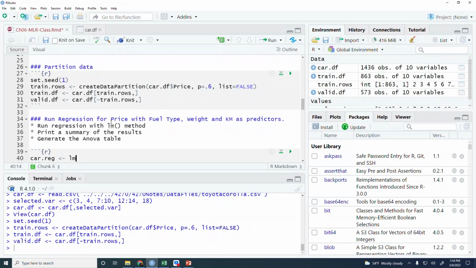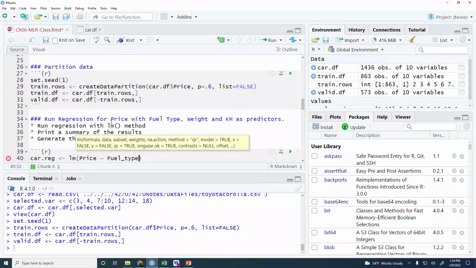So LM, price, price is the target, and we want fuel type, plus weight.